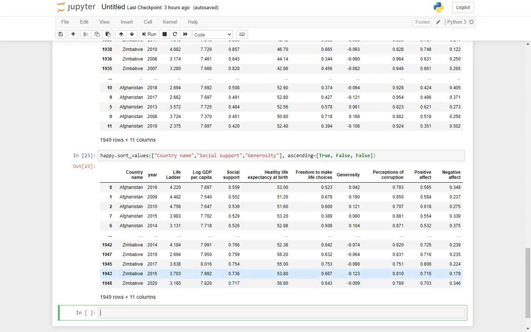Just a minor difference, but that won't take it into account. Okay, but I hope you've gotten the gist of that. Here you can also sort it depending on multiple columns, and not necessarily will all 3 columns be sorted in the same order, that is ascending or descending, and you can also have different orders for different columns.